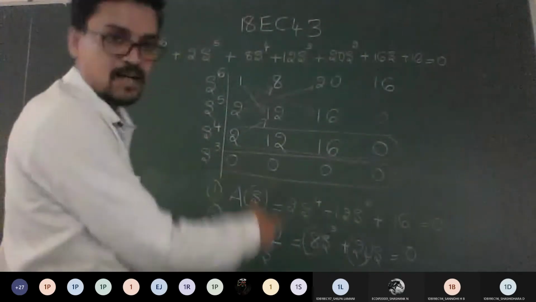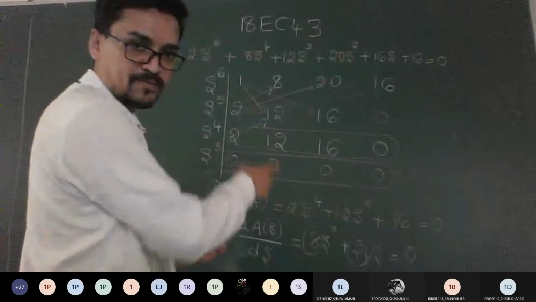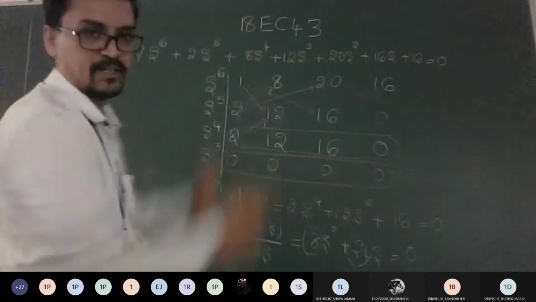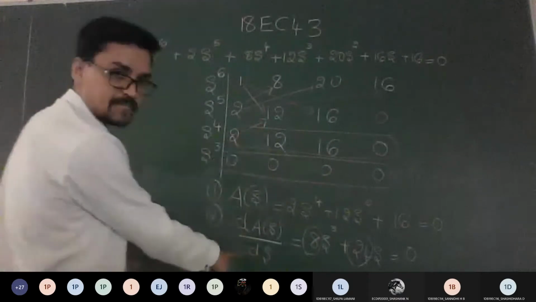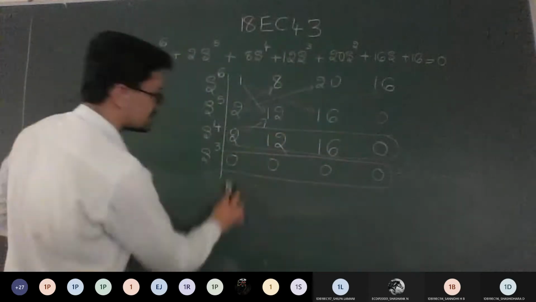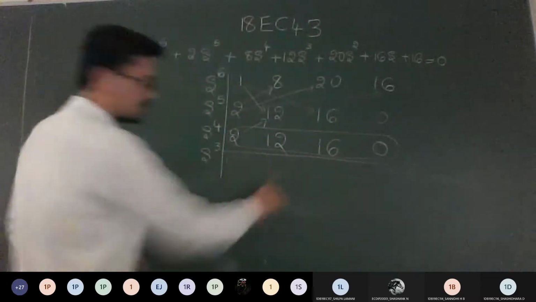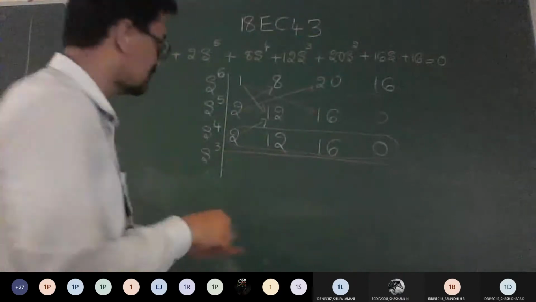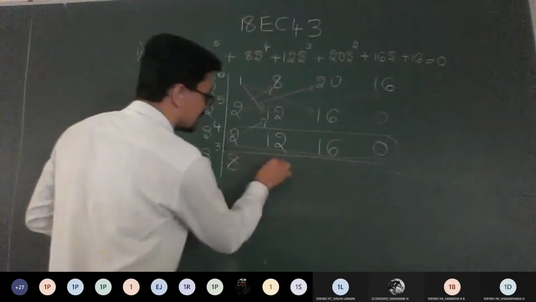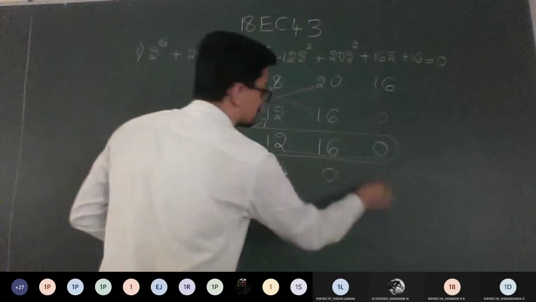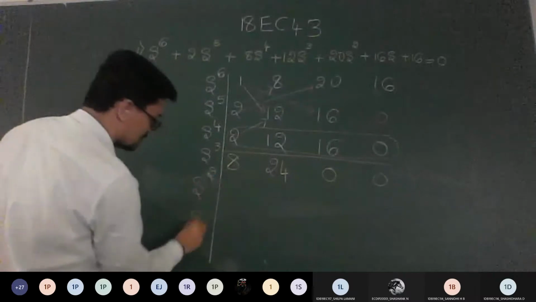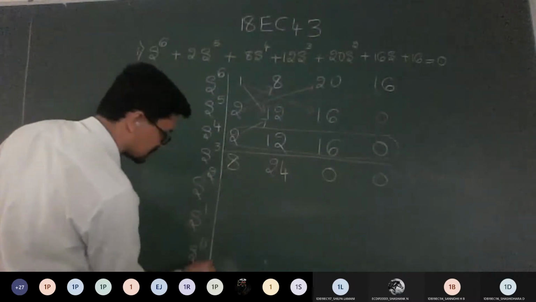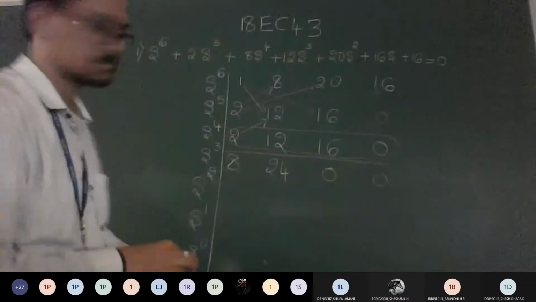I will erase this because after this step I need to build one more table, right? Since I can't write on that side, let me show you in the same table, but you will want to write this table once more. So once step number 2 is done, step number 3 is to replace the zeros with the answers. What are the answers now? You got 8 and 24. If nothing is there, it means it's 0 only. Next you can check out s square, s power 1 and s naught.